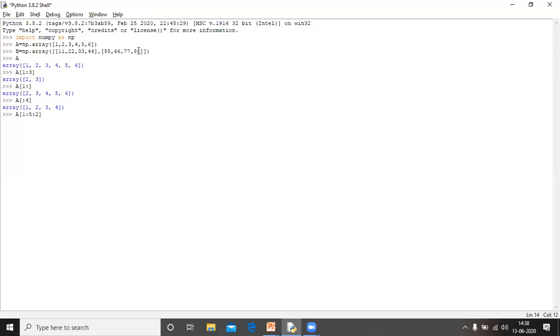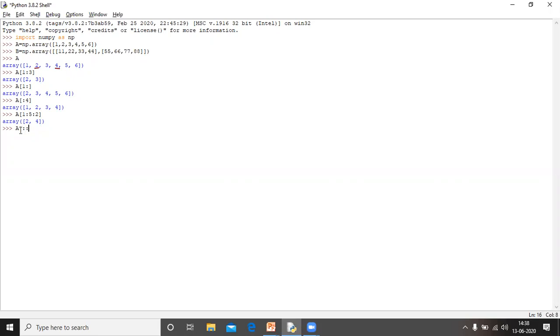Start from 1, it means 0 will not be displayed, up to 5, it means index 4, and step 2, it means it will skip 1 element. Then the output is 2 and 4. It means start from this one, 2 will be printed, then 3 will be skipped, then 4, then the output is 2 and 4.